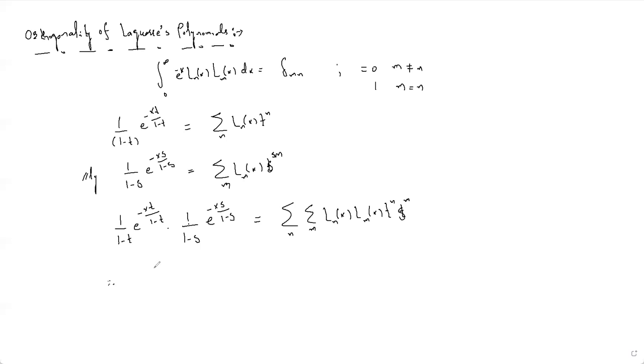So the integral from 0 to infinity of e to power minus x, L_n(x) L_m(x) dx, will be the coefficient of t raised to power n, s raised to power m in the expansion of